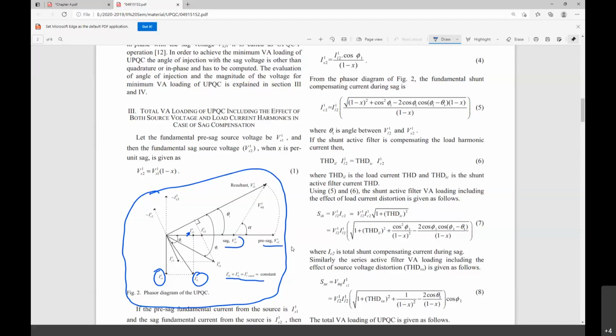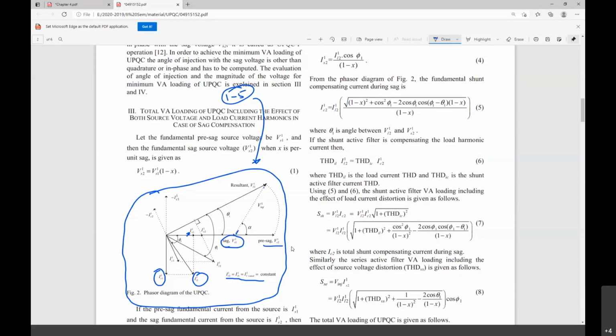This is the sag voltage after injecting at an angle of alpha. They have given the expressions, equations 1 to 5, and this phasor diagram and this phasor diagram show